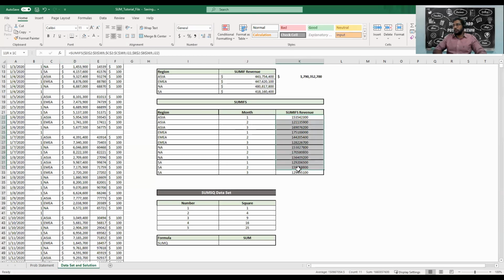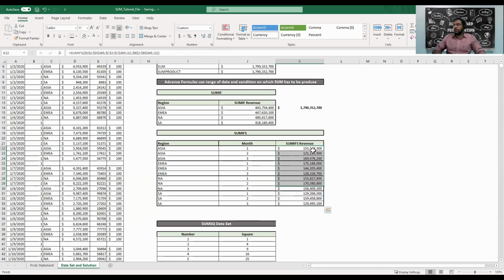But these are all numbers. We want currency. We'll convert this to currency. So now if you see, the total again is 179352700 at the bottom of this sheet, right? Now we were able to achieve this, so we know that in the month of January sales was good, in February it was less. Okay, we could understand that the number of days are less. Over here in the EMEA region sales are dropping. So these kinds of insights you get if you use SUMIF formulas, right?